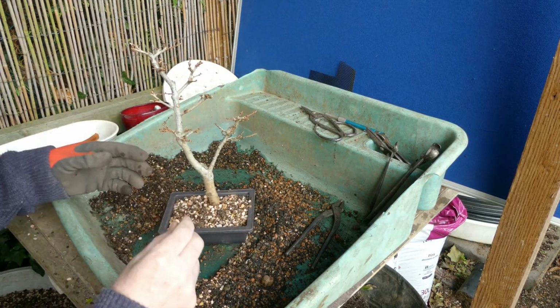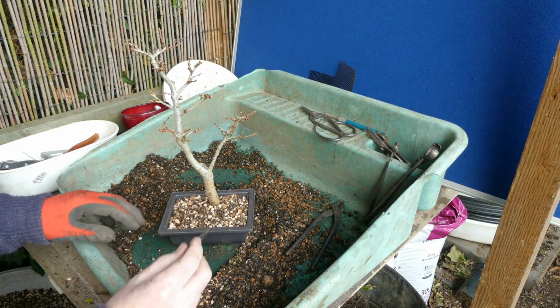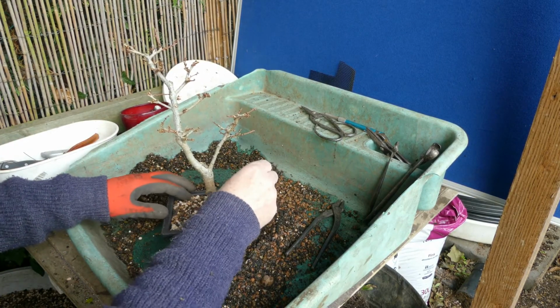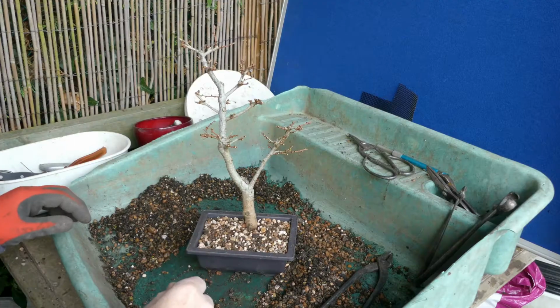It's developed such a lovely structure. What it now needs to do is spend a couple of years in another training pot, so that this can get filled up with lovely white larch roots. And we all know, if we've dealt with larches, Japanese larch, they throw out copious amounts of roots very quickly. So all I'll be doing now is